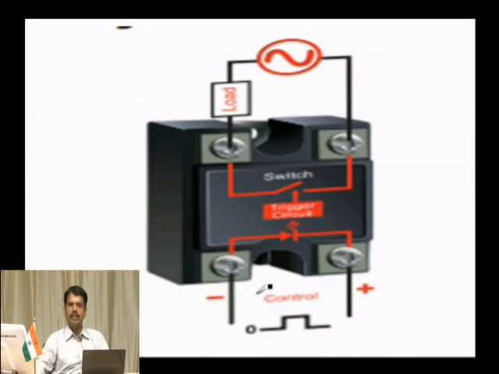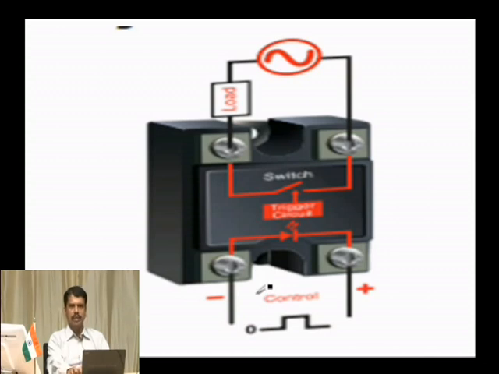Looking at this, we can already say some advantages. Very small in size, no noise, no wearing of contacts. No sparking, no spark occurs, so you can use it in any environment, even explosive environments. Power consumption is very low because LEDs are used. No big contacts, no electromagnets. Looking at this figure you can say many advantages. Anyway, we will discuss them at the end. So this is how you can physically see a solid state relay.